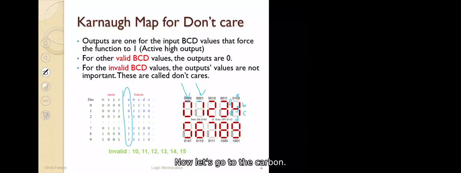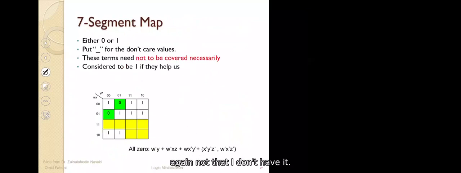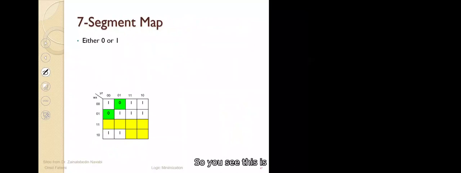Now let's go to the Karnaugh map. So one by one, A, B, C, D, E, F, G. We have 7 outputs, and we have to design 7 circuits, one for each of them. Now we just use A as an example, segment A. So if we write the Karnaugh map of this, you see the